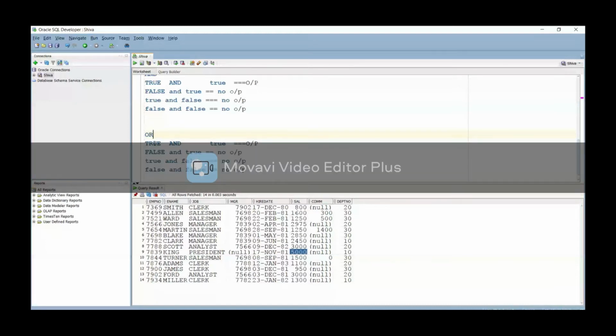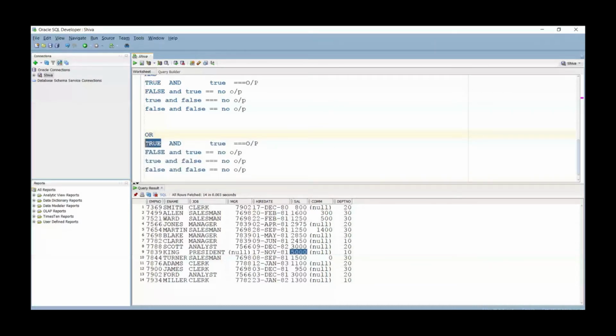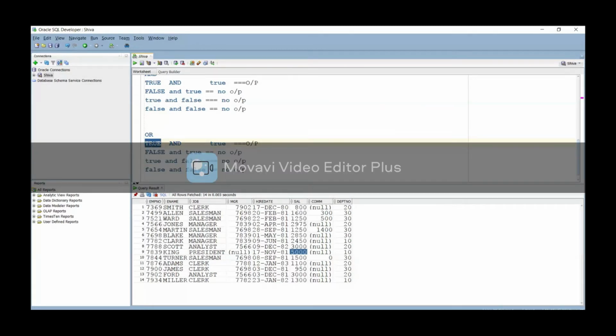I can display the result for this query. If both conditions are satisfied, true true, it will display both query results and combine them to display the result to us.